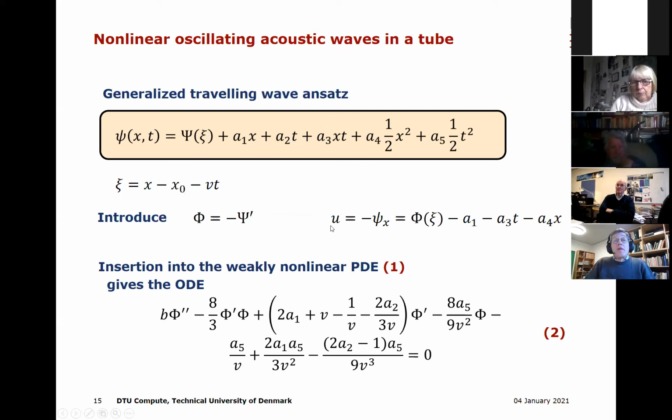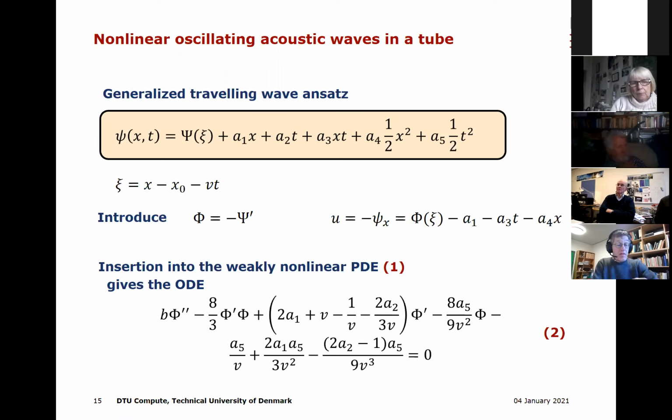A5. The flow velocity now becomes minus psi x, which is this capital phi here, which is minus psi prime. Psi depends on the coordinate x minus x naught minus vt. Now, after differentiation, we get linear terms in t and x, which we actually need for the slopes. And inserting this traveling ansatz in the weak